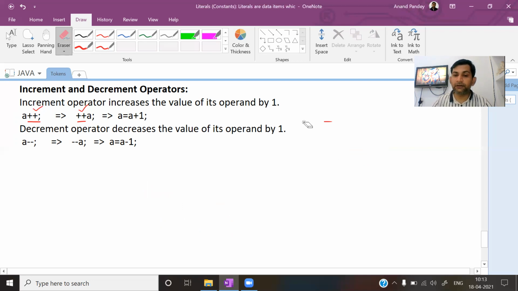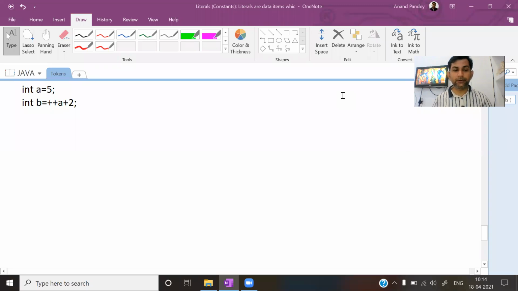And second difference I will explain with the example. Two examples: same example I will write with the prefix, and same example I will write with the postfix, and then I will clear the differences between them. Okay, so let's start. So you can see this example I have written on the screen. Please go through this. In this example I have used this prefix increment operator, and the same example I will take with the postfix. So first I'm going to discuss this one.